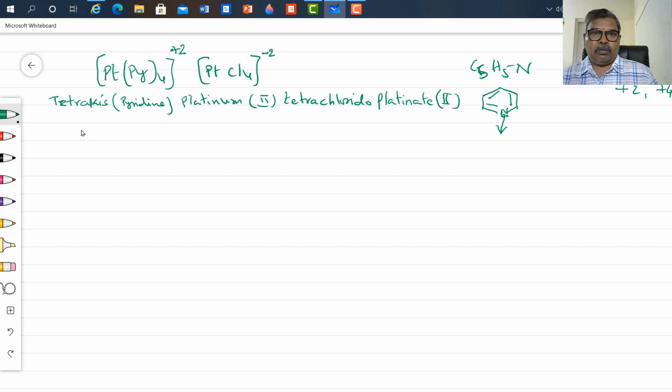Now, almost all varieties of complexes I have discussed. Suppose in the coordination chemistry chapter in the NCERT textbook, if any exercise is there, try to write their IUPAC names of coordination compounds, because IUPAC names of coordination complexes are important, because in the NEET examination they may give a direct question on